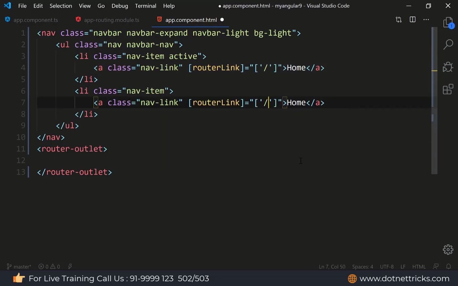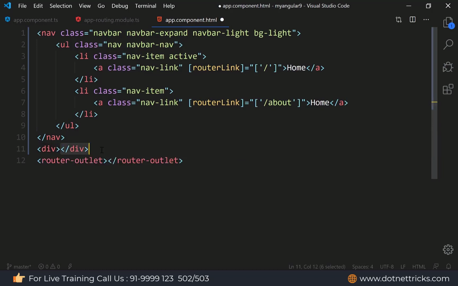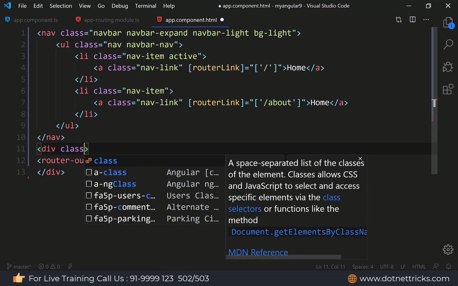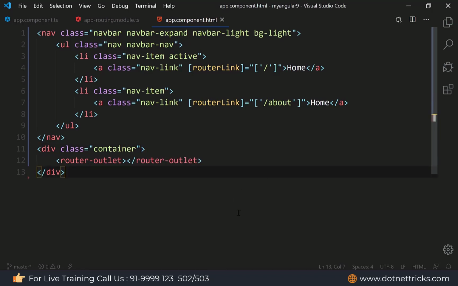Similar way I can define one for about also. It's the about page. Let me wrap it in the container class. So there is a class for container. I'm just going to define it like this.